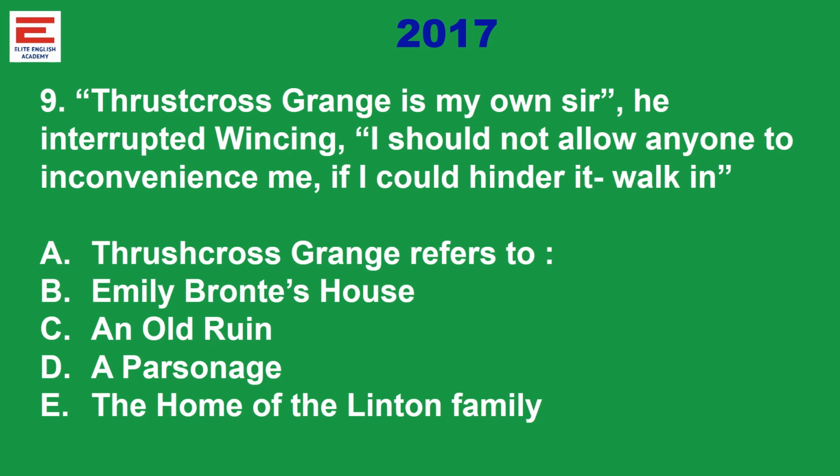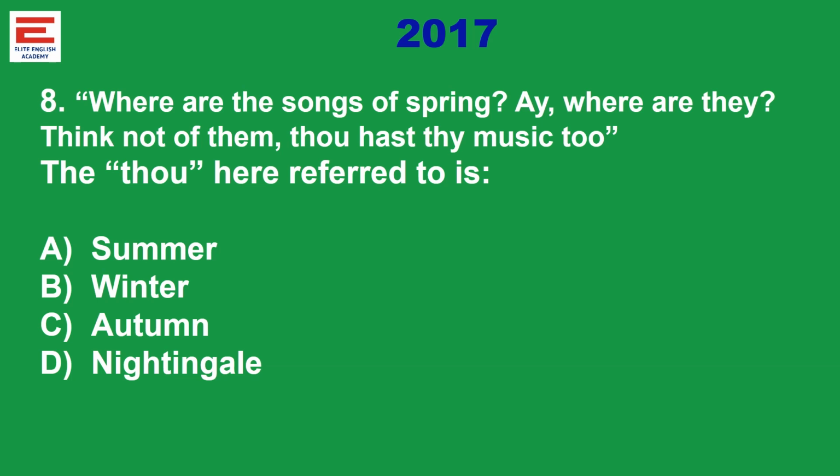So definitely you can fix the answer as the home of the Linton family. But if the question is asked like who said this, then it will be difficult. Though the lines are taken from the text, when the question asks what is referred to, it is relatively easy. The next one,